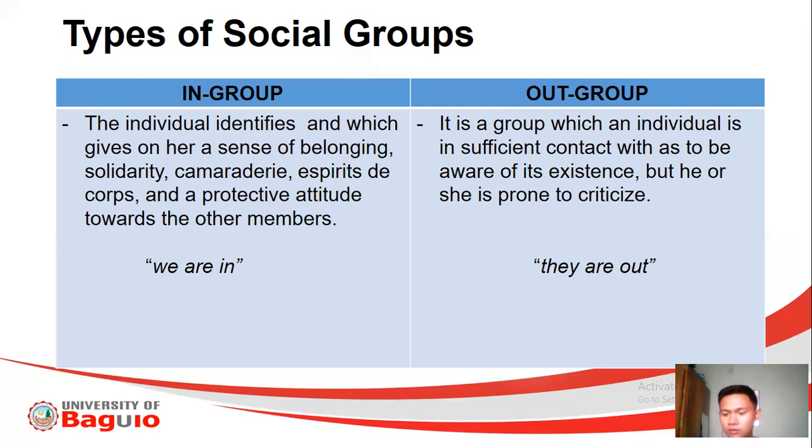Tama ba? Oh, ganyan na naman suot mo. Hindi ka man lang magpo or opo. Gabi ka na naman umuwi. Di ba? All of those things are part of the characteristics of an out group. Okay? However, when you say in group na naman, all of the members are practicing. Ganoon lang kadali ang differentiation ng in-group and then out-group. Okay? So, next, we have the next slide.